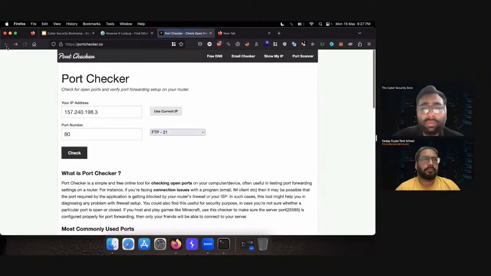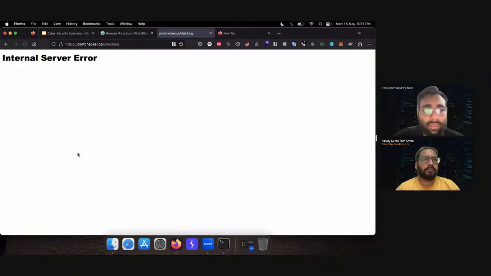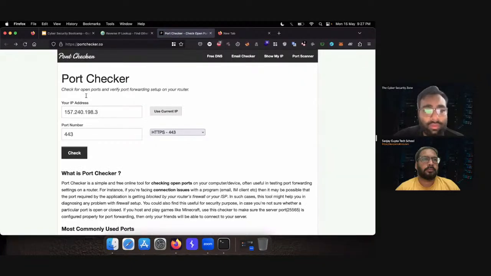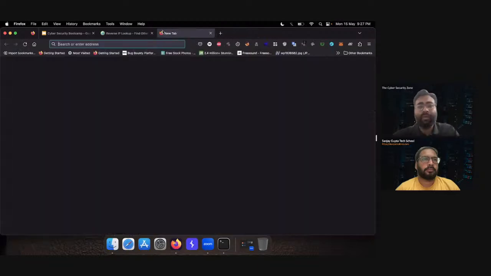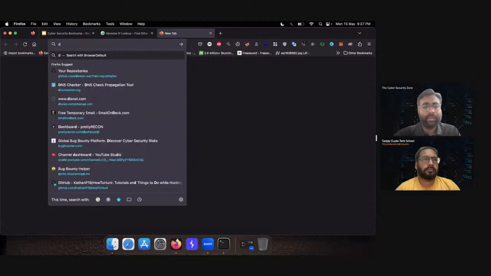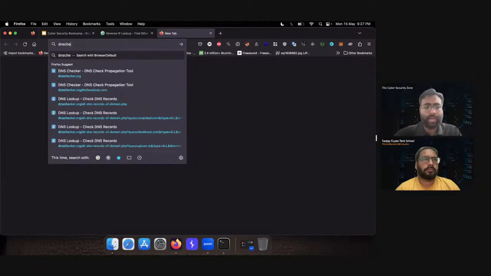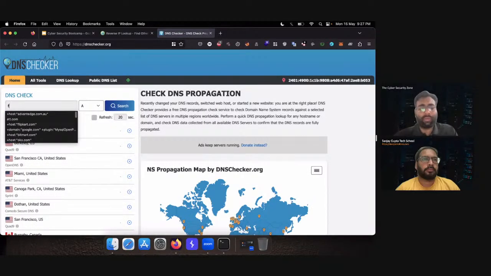So this displayed internal server error. We want to check port number 443. So also this website is not working, so we use an alternate, DNS Checker. DNSchecker.org, where you will put your website name